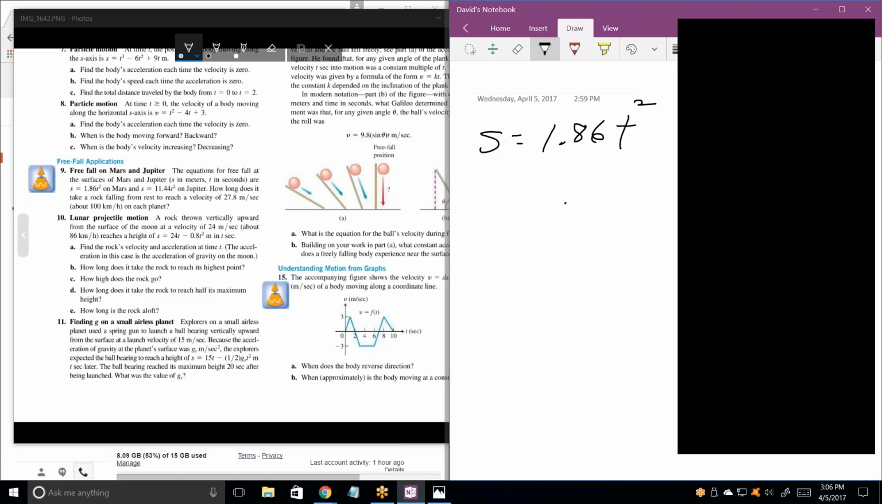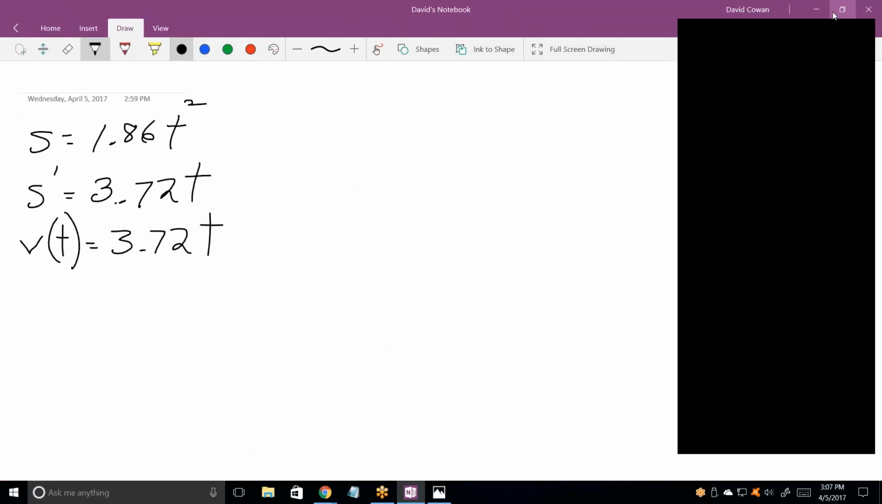Okay. So S prime would be 3.72 t. And S prime is velocity. So velocity as a function of t is equal to that. Okay? Now you can answer the question, how long does it take a rock falling to reach a velocity of 27.8? Well, how do I solve that? If I want to know where velocity is 27.8,